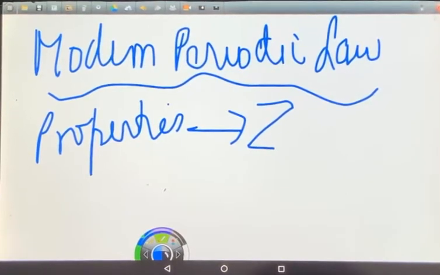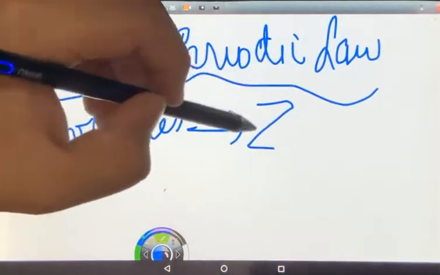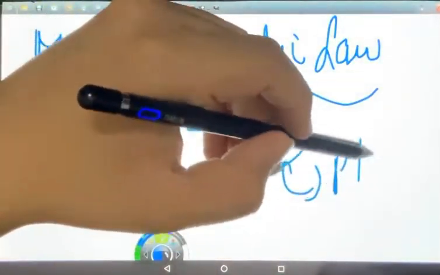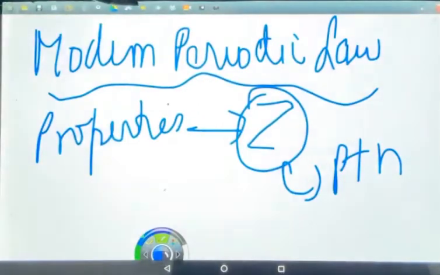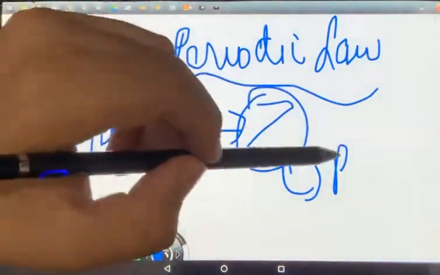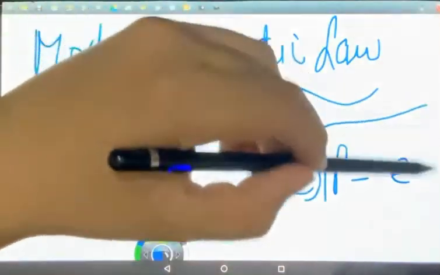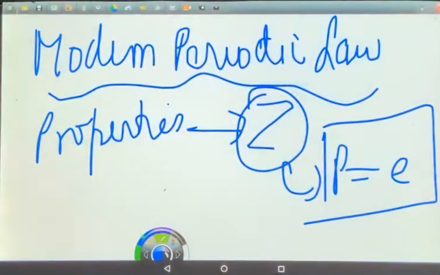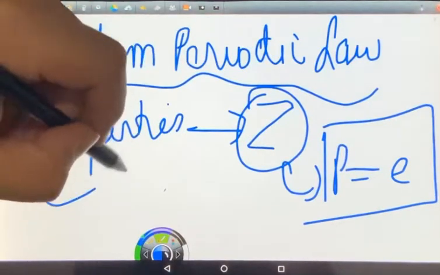Now how come this law is more important? Mendeleev in his periodic table gave a law that properties of an element depend on its mass. But the modern periodic law given by Henry Moseley tells that the properties of an element depend on the atomic number, which is Z. And we all know Z is the number of protons, the atomic number, and in a neutral atom the number of protons is equal to the number of electrons. Now if we get the number of electrons, we can get the electronic configuration. We can draw the atomic structure using the electronic configuration. We can predict whether it's a metal or non-metal using electronic configuration, and so on. Hence predicting the number of electrons is of such high importance, and hence this law prevails over the Mendeleev periodic law. This was given by Henry Moseley.